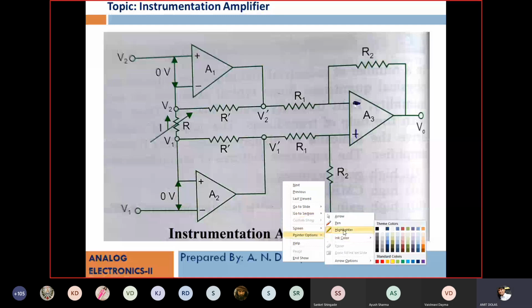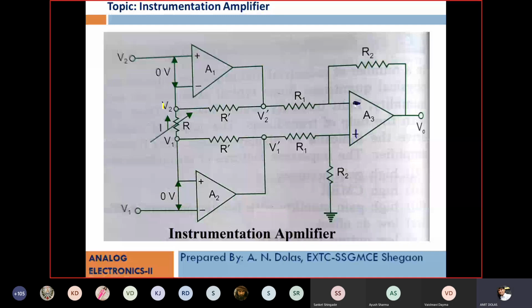Okay. So as we have discussed till now, V2 and V1 are the same. Therefore, V2 is here and V1 is here. There is no voltage drop across resistance R, so there is no current through R. Therefore, there is no current through R and R dash. For R, ये वाला resistance ध्यान में लो. ये जो है यहाँ पे voltage drop नहीं है. That's why there is no current, right?